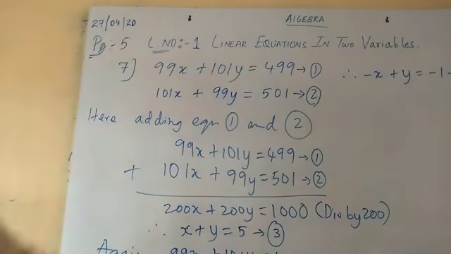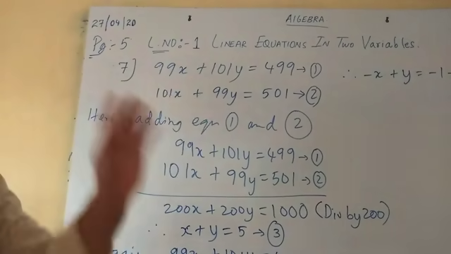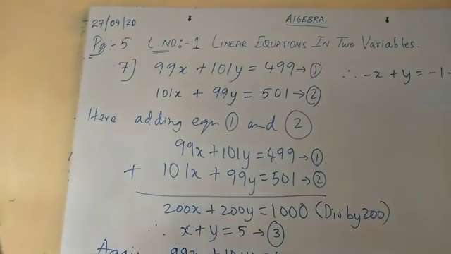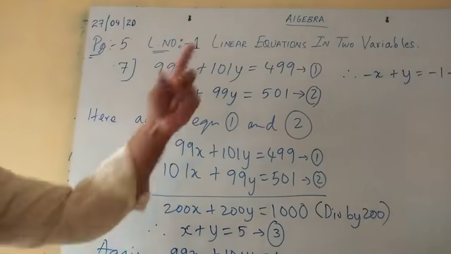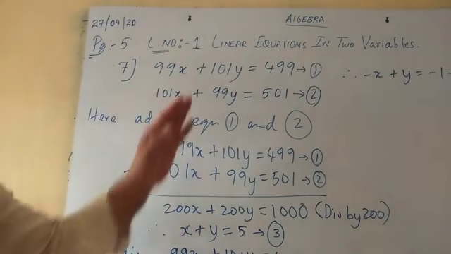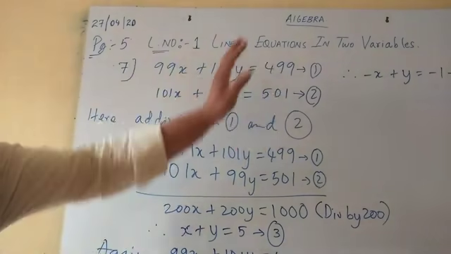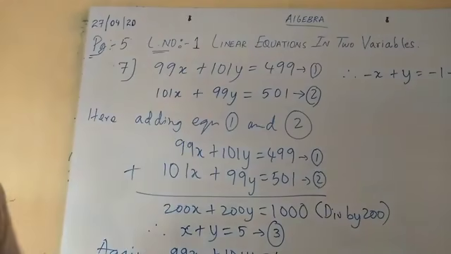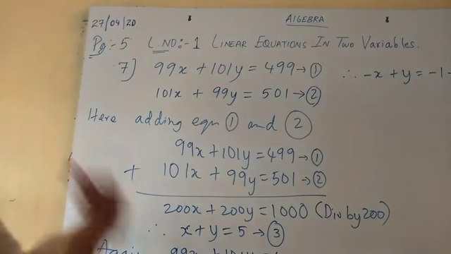Here both the equations have equal coefficients. So you can either add and get the answer, or you can subtract and get the answer. You can add, then you will get the value of y. If you subtract, you will get the value of x. And it is very easy also. Why? Both the variables have equal coefficient now. So I'll just go by the adding method now. Okay, so I'll add equation 3 and 4.